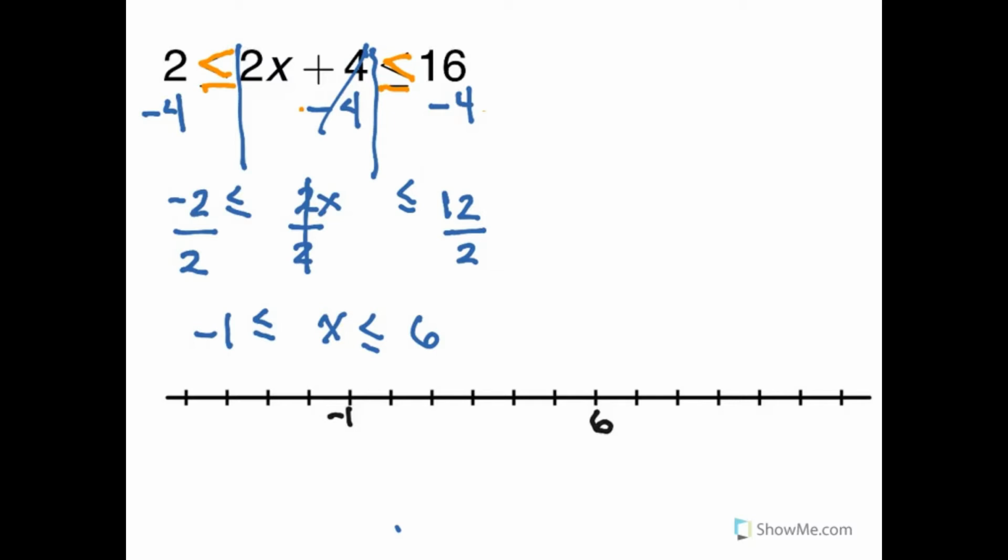On the number line, this means that x is between negative 1 and 6. That's this portion that I'm shading that's between negative 1 and 6. Negative 1 is included in the interval, and so is 6. In interval notation, we would write square bracket negative 1 comma 6. X is the numbers between negative 1 and 6, inclusive.